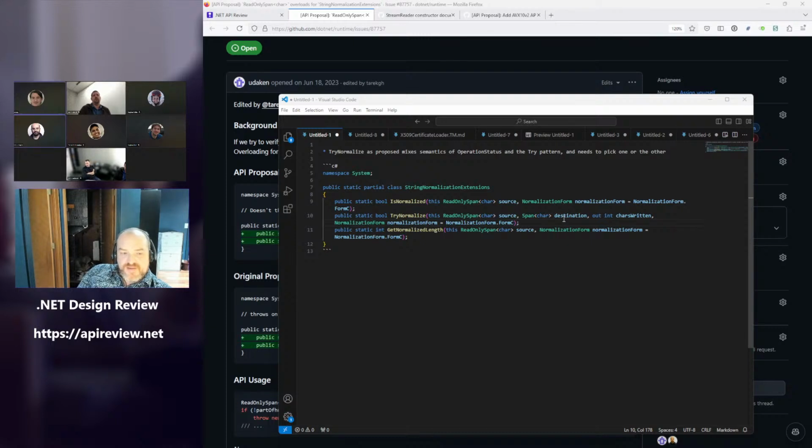And notably, they were made even faster in recent .NET versions. Okay, so we are saying that we should throw exceptions here, right? The caller is free to catch it or to do anything with it. If you think it's useful for get normalized length to return -1 when normalization won't succeed, go for it. But for try normalize, once they've called it, they've said they want it to normalize, and the only thing that won't throw is destination too small.